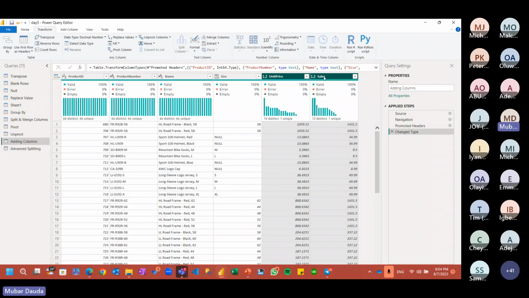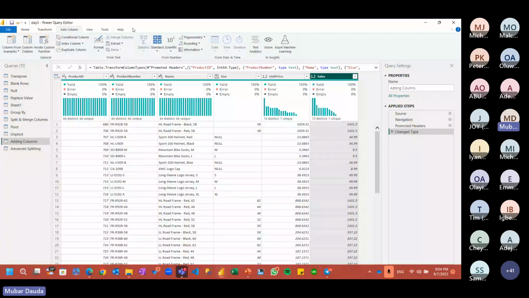So for me to now do that, you will come to your add column here. You see every function you see under all this add column. It means once you click on anything there, it adds a new column for you, as our column tab is telling you. So if I want to see the difference between these two now,